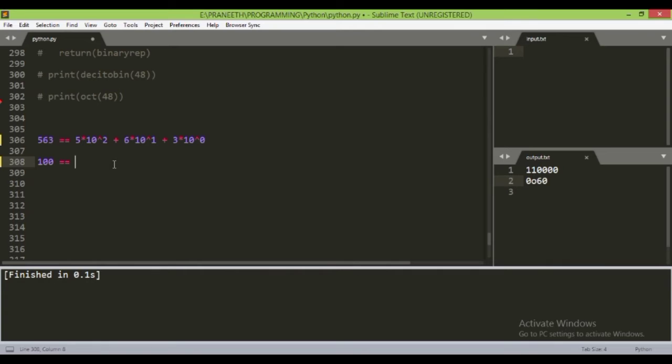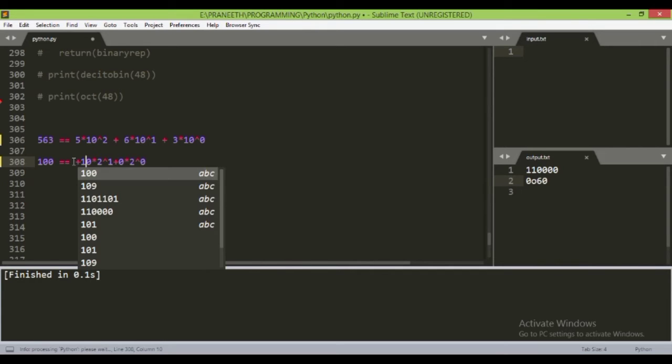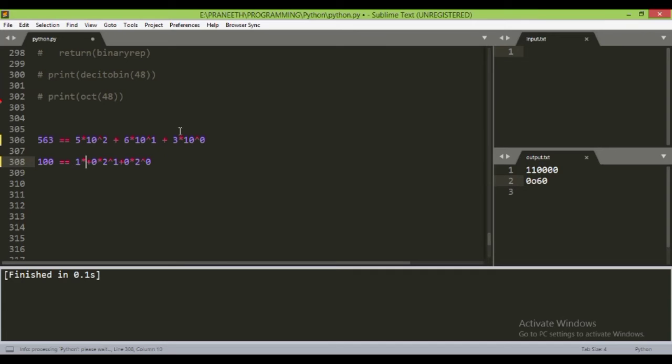So let's take the first number, which is 0, multiplied by 2 raised to power 0, which would be added to 0 into 2 to the power 1, which would be again added to 1 into 2 to the power 2. So here basically this would give us 0.